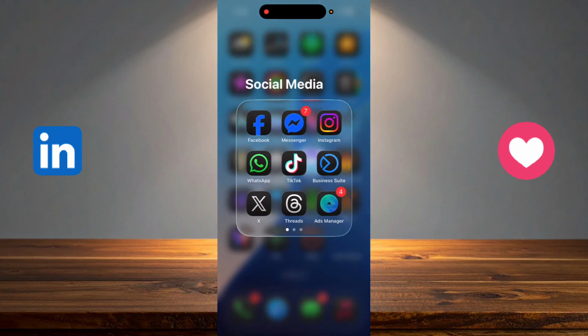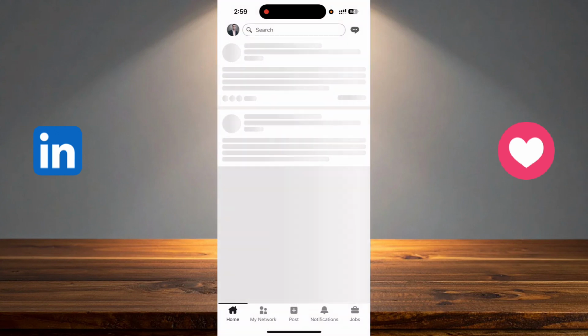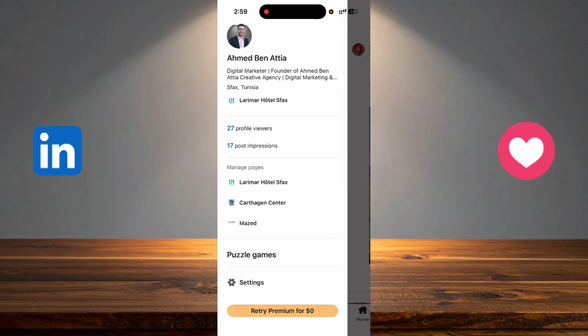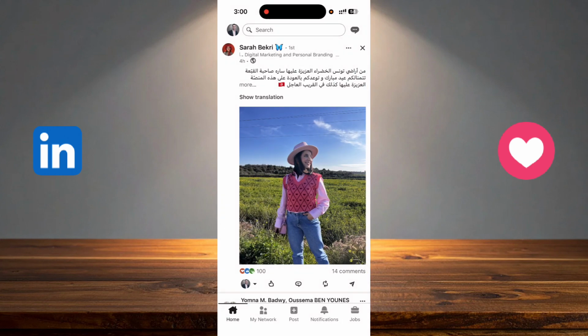To do this it's very simple. You just have to go to LinkedIn, open it, and after that click on your picture, and as you can see at the bottom of the screen there is the option Retry Premium for $0. Generally LinkedIn will give you the first month for free. So if you want to subscribe you just have to take that month and everything will be good and you can enjoy your subscription. So I will click on Retry Premium for $0